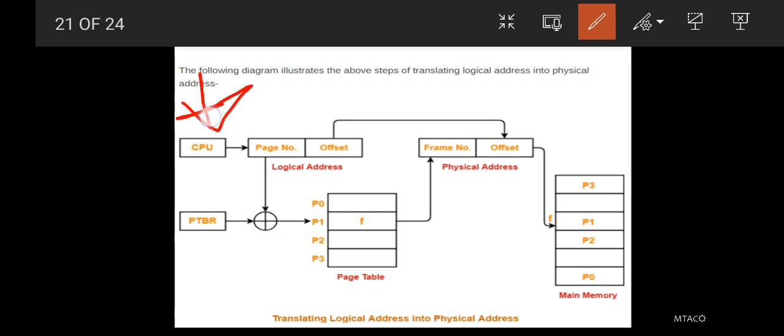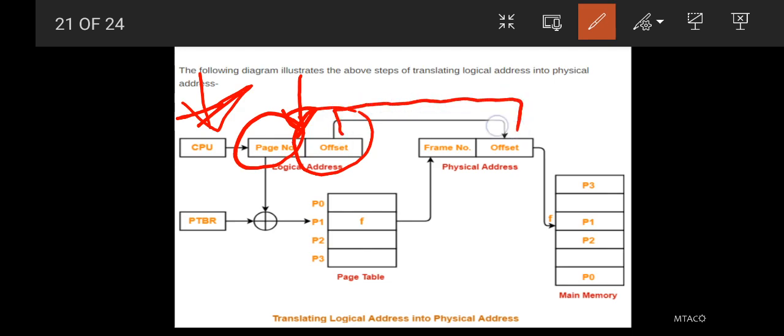So the CPU will give your logical address, which is composed of your page number and your page offset. Your page offset is just the same as the offset of your physical address. Next, your page number will be added by your page table